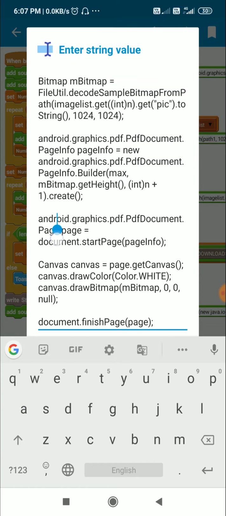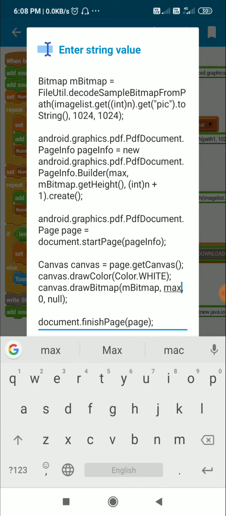After that I have defined page, then there is this canvas, and while drawing the image we have to change the x offset. So here canvas dot draw bitmap mbitmap comma 0, this is the x offset, or you can say the left border of the image. So we have to change it to the maximum width minus width of image divided by 2.